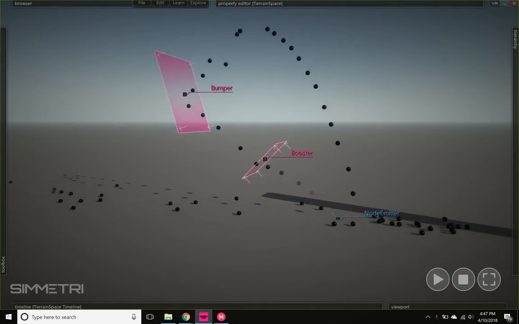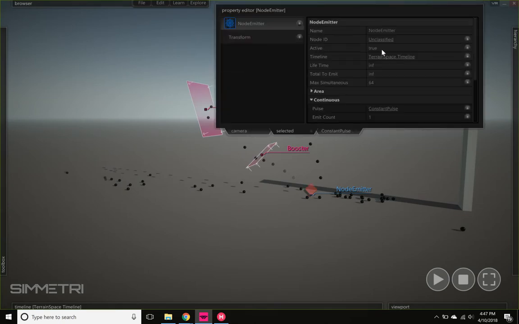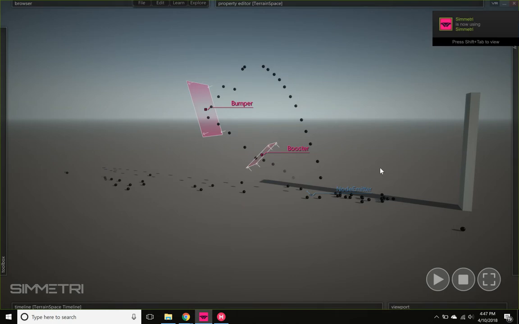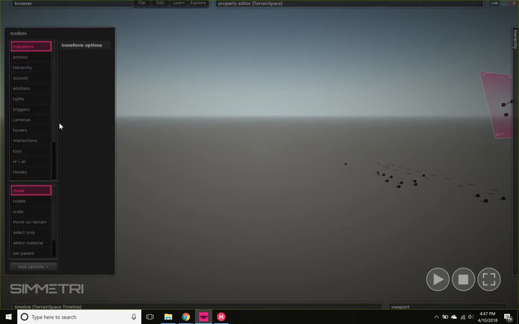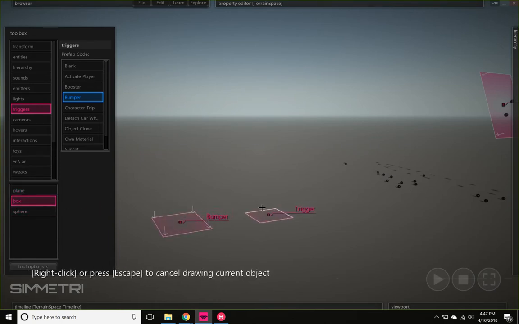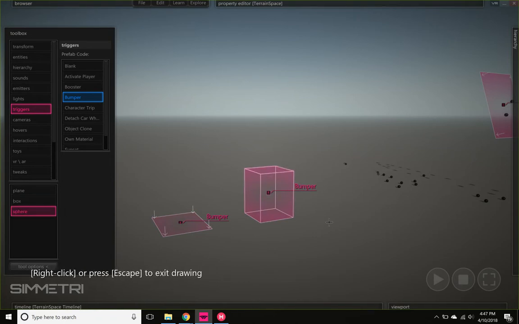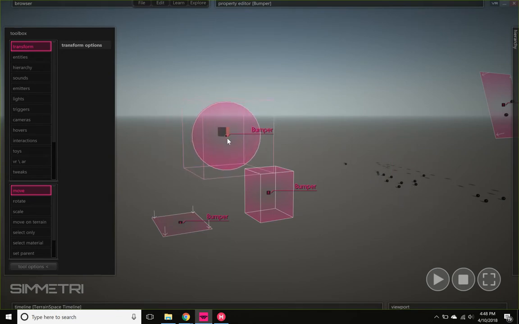So let's break down triggers. And for the time being, I'm going to deactivate this. I'll take this node emitter and set it to false. And then what I'm going to do is come over here to a blank piece of space and draw a trigger for you. So you have, by default, a plane, a box, and a sphere as a trigger. So you can build a plane or a box. We did this on our slingshot, a sphere, and